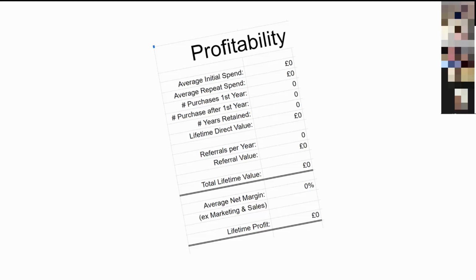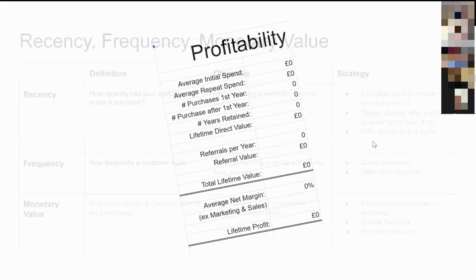So of those numbers, if it's only the initial spend number that we're using to drive the lifetime customer value, then that's harder work for us to find customers and charge them enough money that it's a good business model. So obviously the referrals are very key, but it's also this repeat purchase thing that is key to have a thought process around and have some structure around. So as usual, I'm not going to tell you the answer today. I'm going to give you some thoughts. The answers come out of your business models and what makes sense to you and what you can implement.